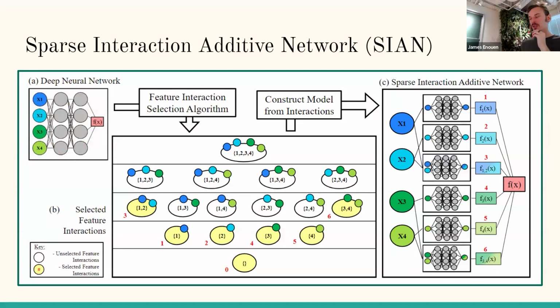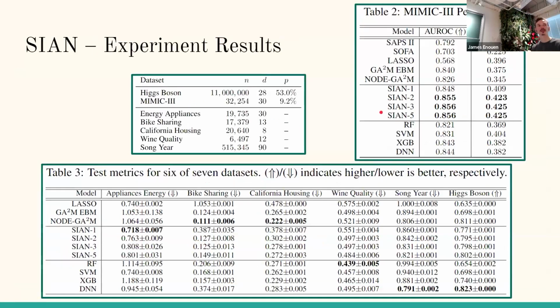What looks like it's important to you? We distill that information into some symbolic information in terms of feature interactions. And then we're going to apply that to construct the architecture, right? And so we have this original trained model. We have the distilled information based on this FIS algorithm, and then we construct it into a new architecture. And that new architecture we then train.